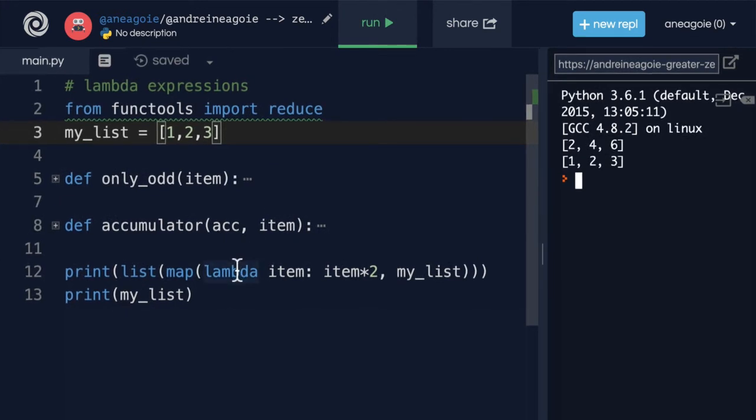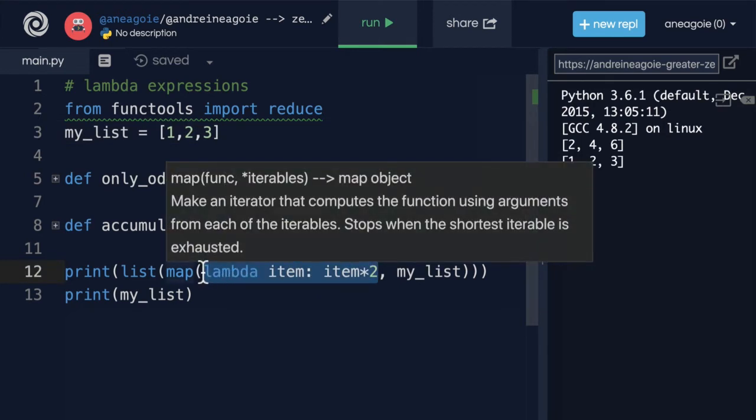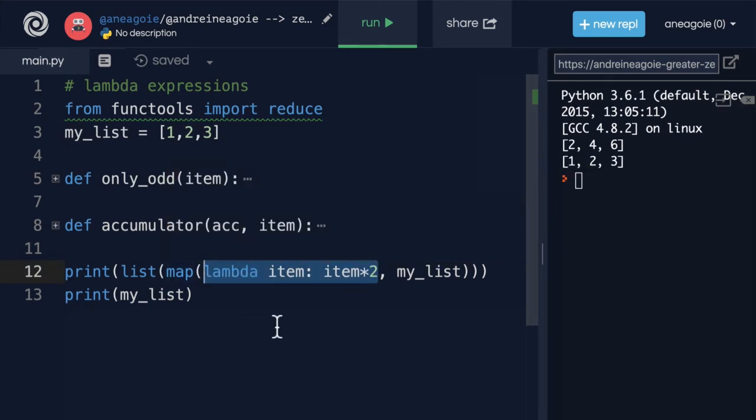Now, why is this? Remember, Lambda expressions are one-time anonymous functions. There's no name attached to this function. This is the function right here that you don't need to run more than once. So once the interpreter runs this line of code, it doesn't remember this. It just forgets about it, but it performs the action for us. In our case, we're saying, hey, I want to create a Lambda expression. I'm going to take an item from my list, and then I'm going to multiply that item times 2,